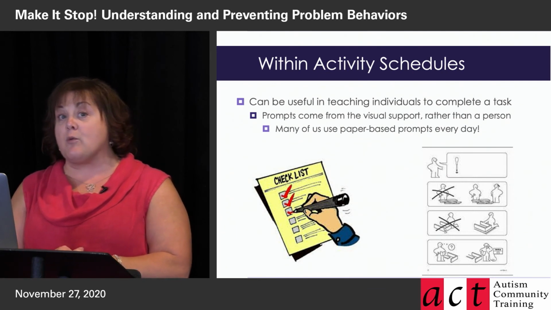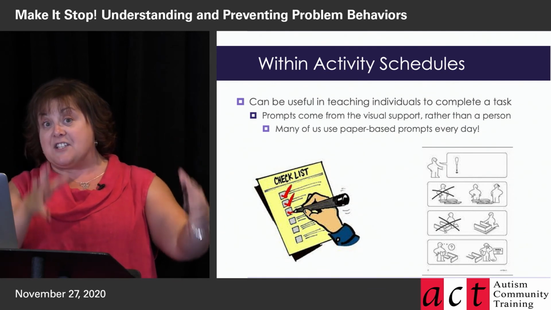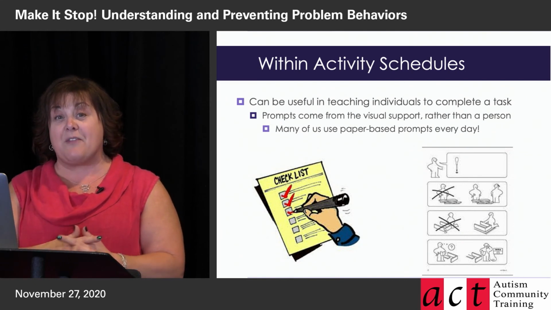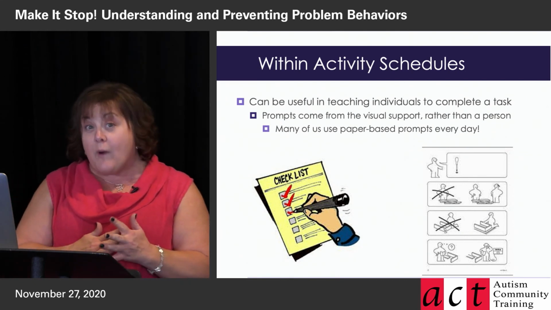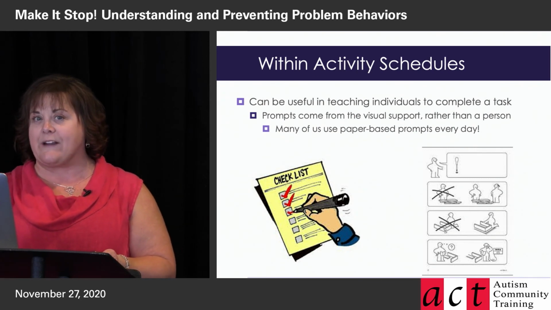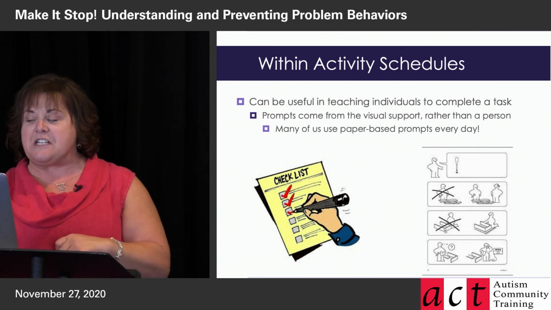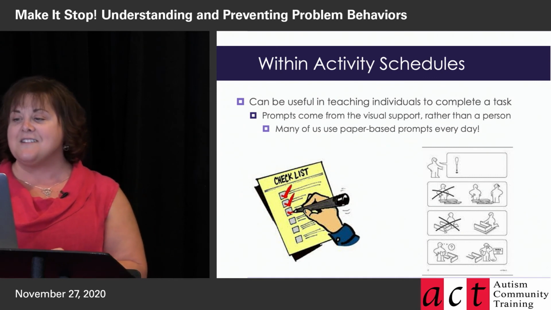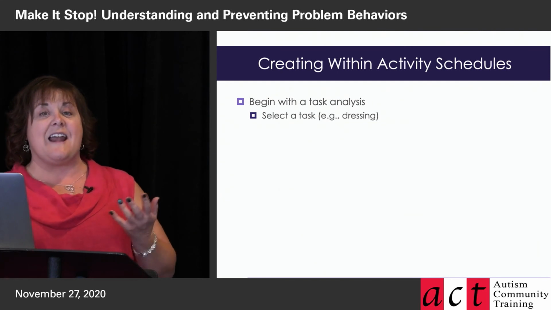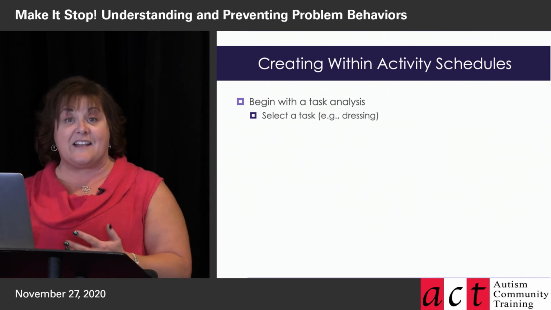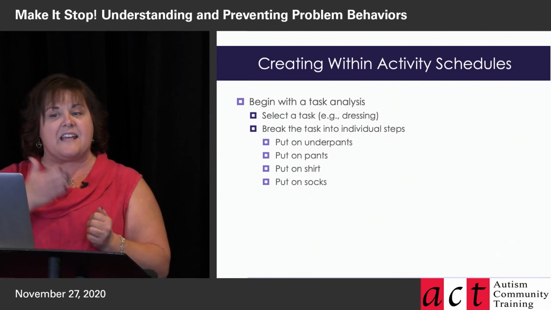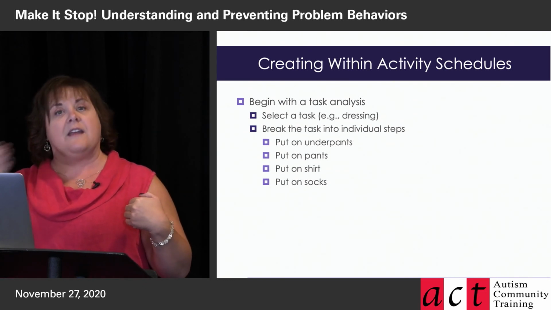Now, some people make really good task analysis kinds of schedules and other people don't. You notice there's the IKEA image up there. I don't know if any of you have struggled your way through an IKEA visual before. But sometimes those aren't quite as clear as we would like them to be. So I always endeavor to make my visuals better than the IKEA ones. But essentially, when you're doing this kind of thing, you want to start with a task analysis. So you pick a task, like dressing, and then you break that task down into every single step in order.